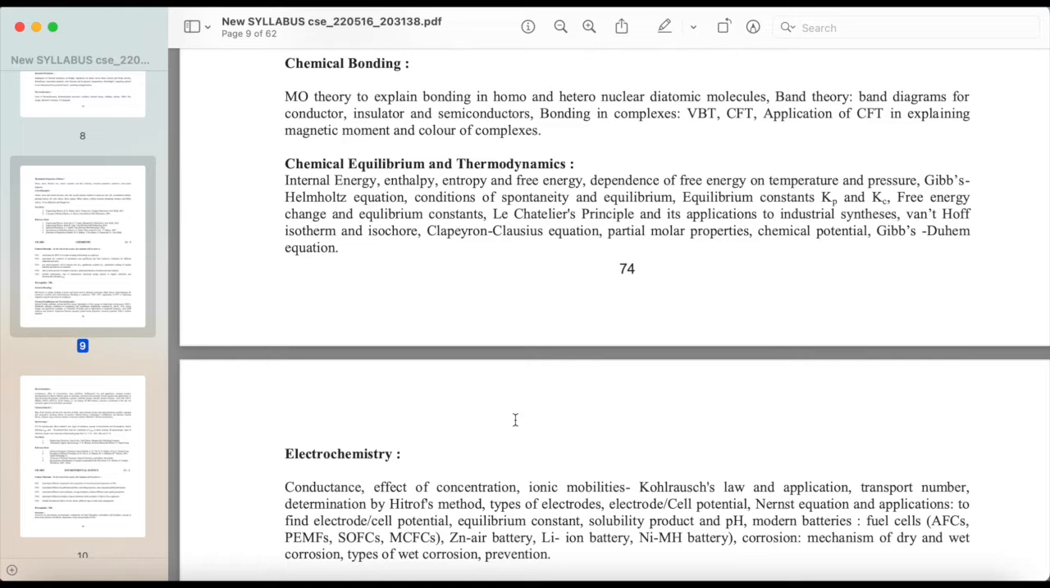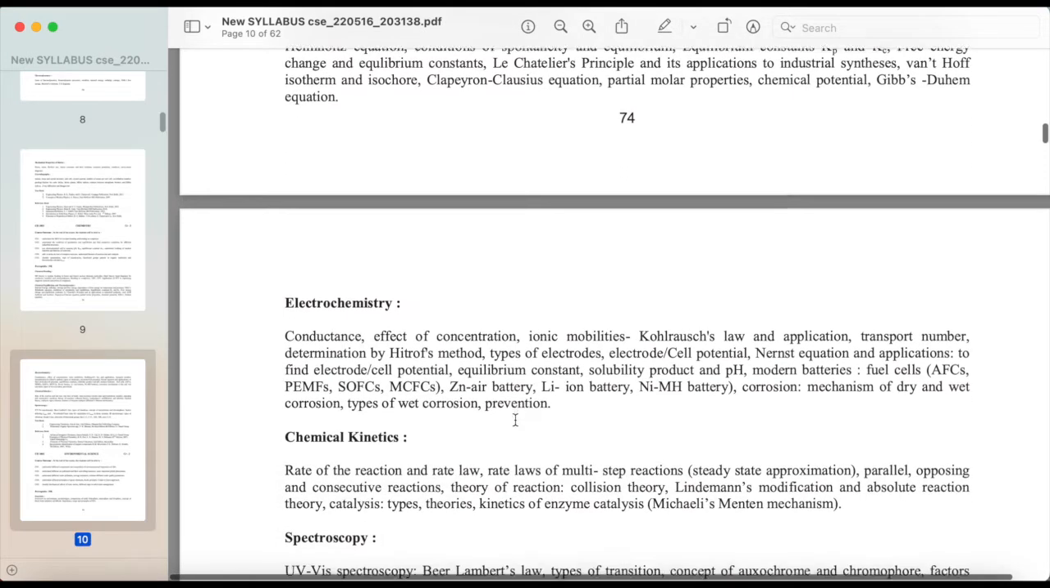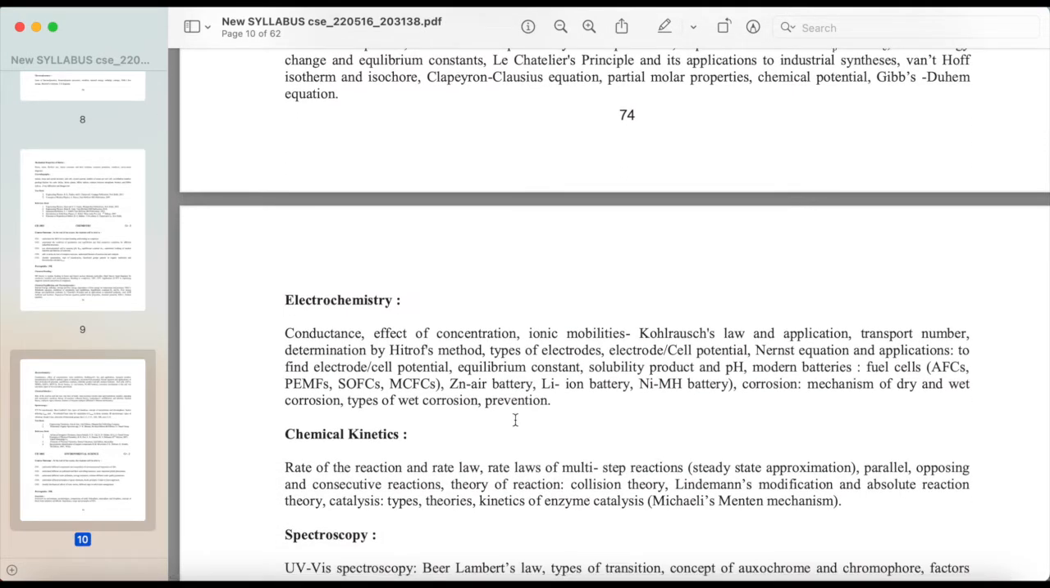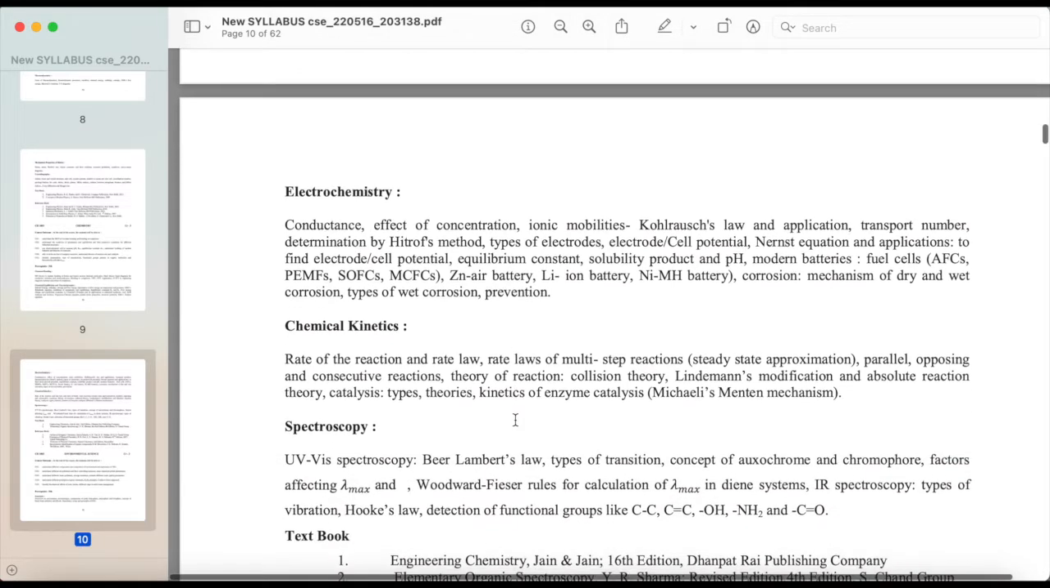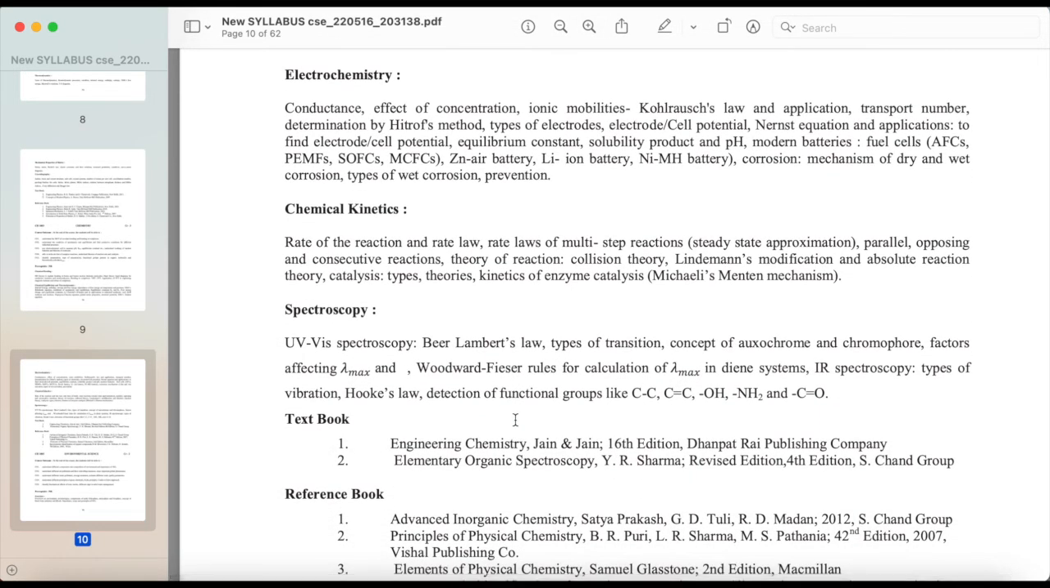74. Electrochemistry: conductance, effect of concentration, ionic mobilities, Kohlrausch's law and application, transport number, determination by Hittorf's method, types of electrodes, electrode and cell potential, Nernst equation and applications to find electrode and cell potential, equilibrium constant, solubility product and pH, modern batteries, fuel cells, AFCs, PEMFCs, SOFCs, MCFCs, zinc battery, Li-ion battery, NiMH battery, corrosion mechanism of dry and wet corrosion, types